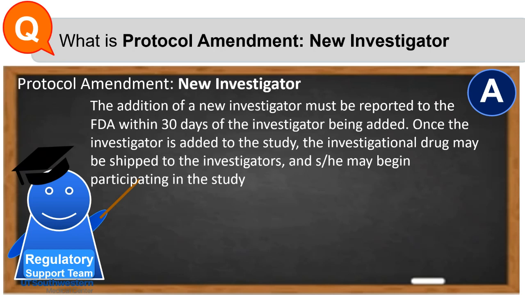This is relevant for multi-center studies. Sponsor must collect and submit Form 1572 and CV of the investigator from each research site to the FDA. Sponsor must also collect the IRB approval letter from each research site prior to shipping investigational drug. The best practice is to include IRB approval letters with the FDA submission.